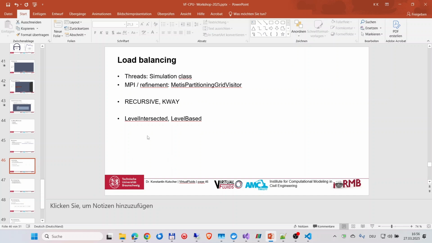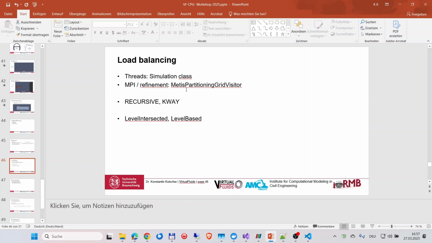Then homework you can try. You don't need a lot of implementation. You just look in this part and try to play with these parameters and look at how they influence your performance. Of course, this alone doesn't do anything on your laptop. You need to start your application in parallel with MPI, or this Metis partitioning